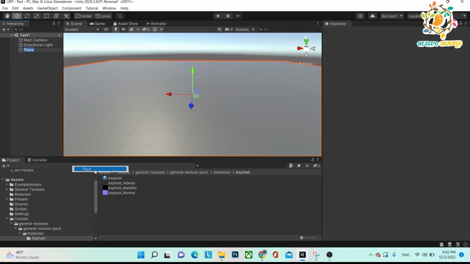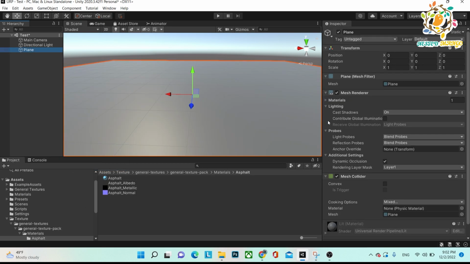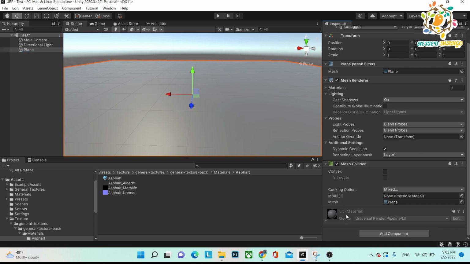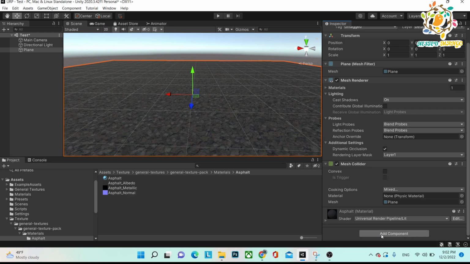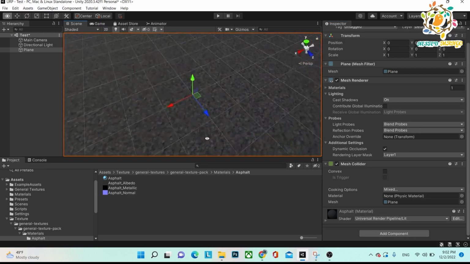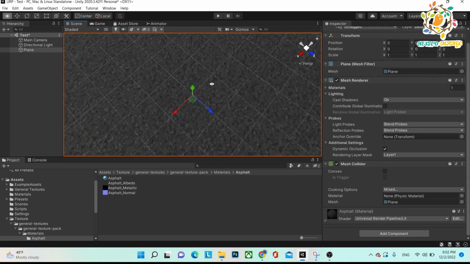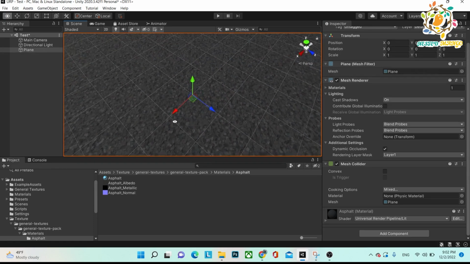So here we can take one plane. When you create any 3D object, there will be a default material, that is Lit. So just take this material, go to the add map and drop. So here you can see we have applied one material on the plane. Okay,